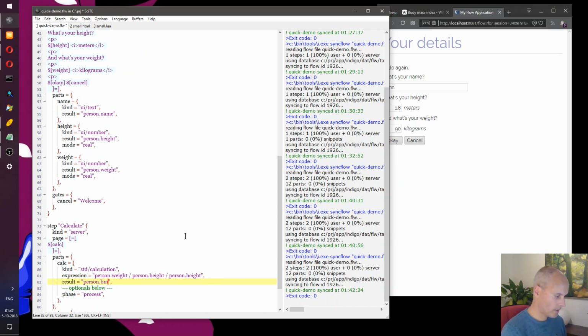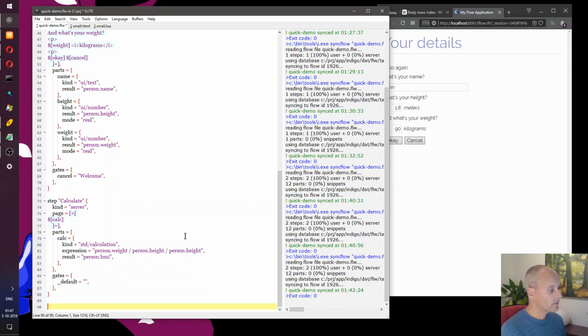So let's store it under person BMI. Remove the properties that we don't need, and since we finished this step, we can now define the last step of the calculator, and that's meant to show the result.